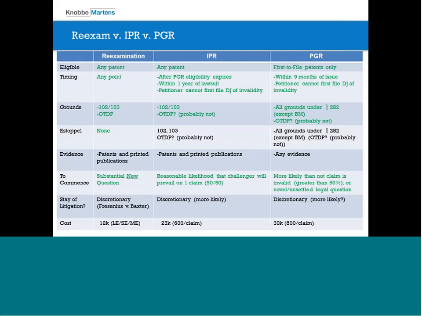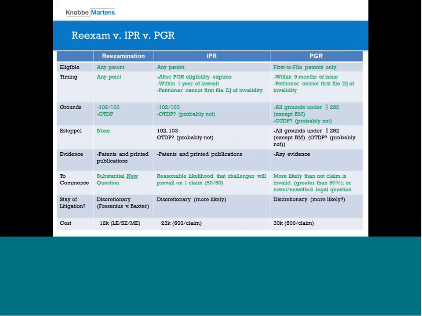PGR will allow you to attack any other ground apart from obviousness type double patenting. So 101 to 112, all available for PGR. Again, estoppel will apply for IPR and PGR for those items that you could have raised. No estoppel for re-exam. And then the barrier to overcome to initiate the proceeding is different for each of the